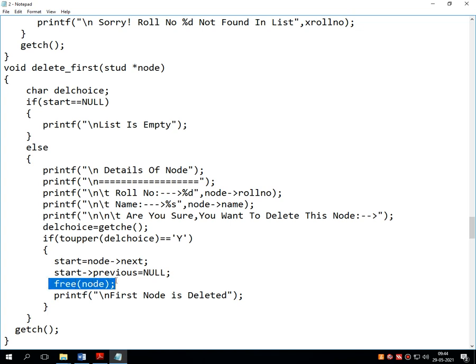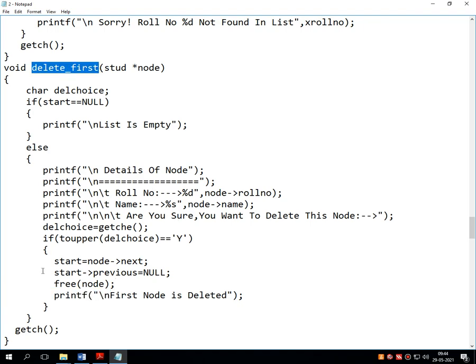So delete is actually done by this single line, but for the proper logical implementation, we have to follow all these lines of code. Then it will display that the first node is deleted. So instead of 7, now we have 6 nodes.